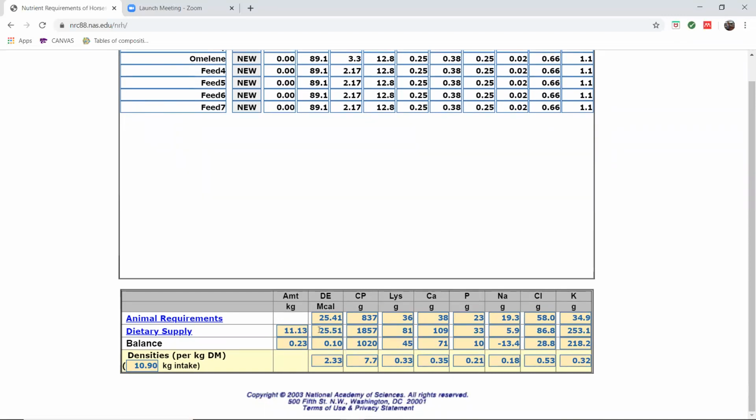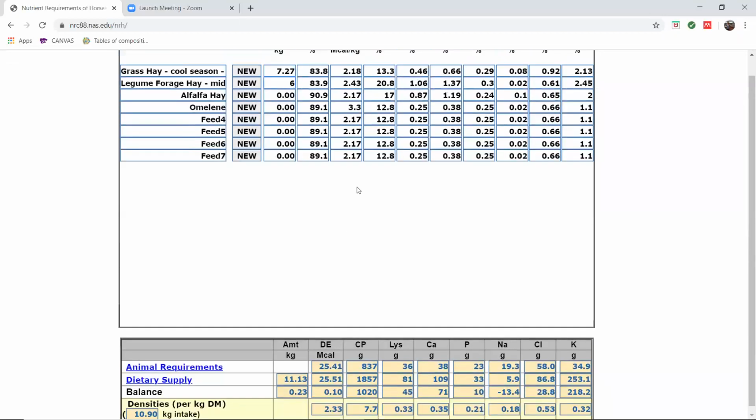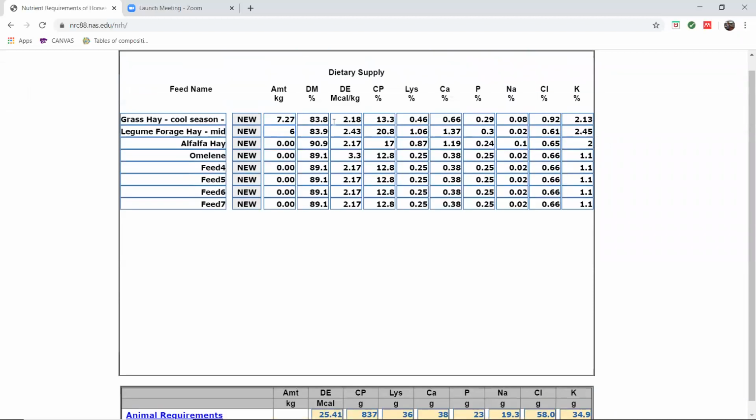The biggest thing that I want you to make sure to meet is the energy. If the crude protein is high or some of the other nutrients are high, don't worry about it. The purpose of today's lab is just to get you comfortable with typing in these values and playing around with the formulator. So by adding 6,